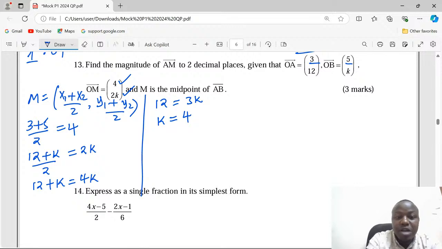So the midpoint itself, M, is coordinate 4,